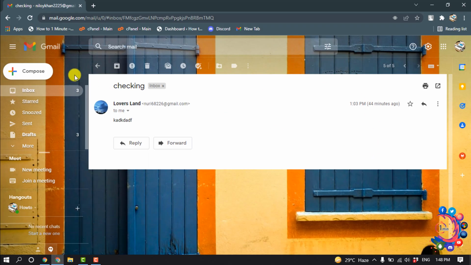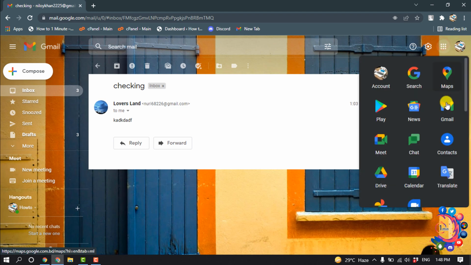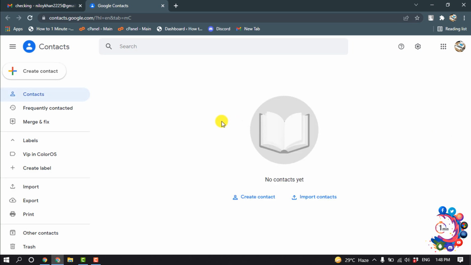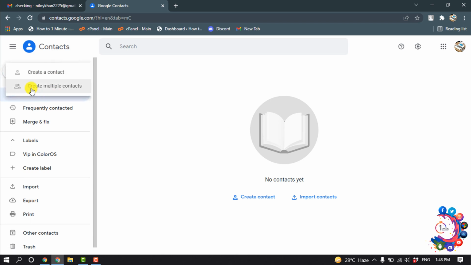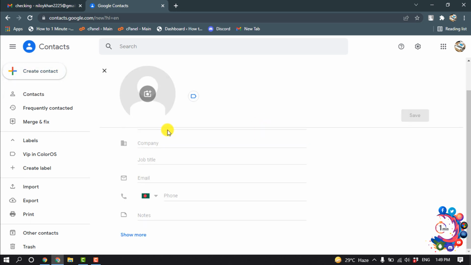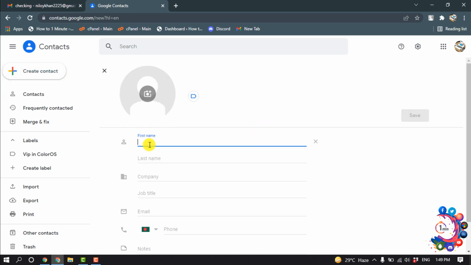So first of all, you have to open your Gmail and then click on Google Apps, and from here click on Contacts. Once your contacts opened, you have to click on Create Contact. You can create multiple contacts or you can create a single contact, so I'm going to select the first option for now. And now here you have to fill up this form, so I'm going to give the first name here